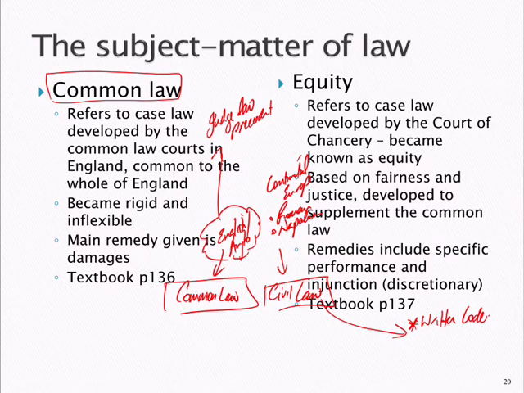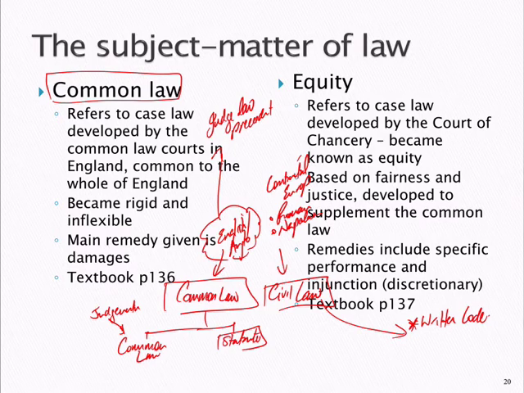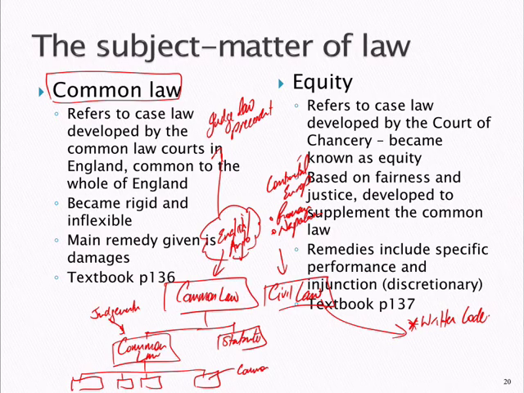Now, within a common law system, like in Britain and Australia, we know that we also have common law, which is judgments, right? But we also have statute. So you can see it's a bit confusing already because we have a kind of common law within the common law system, but it gets even more confusing. Within judge-made law, there are various types of law. And guess what one of them's called? You've got it, common law.